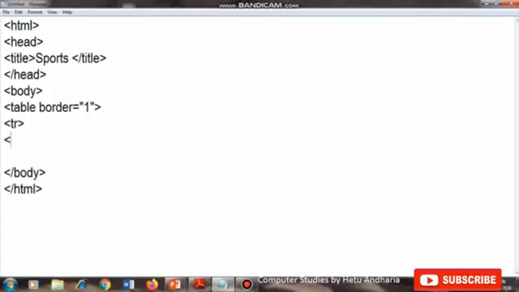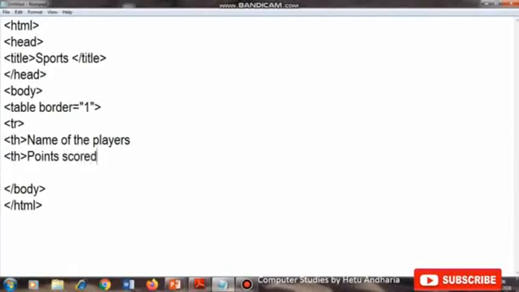In that I want to give the heading, the name of the player, so I type th instead of td. Th, name of the players. The next heading I want to give is points scored. Okay, so 2 columns are ready, and this row is completed here by /tr.